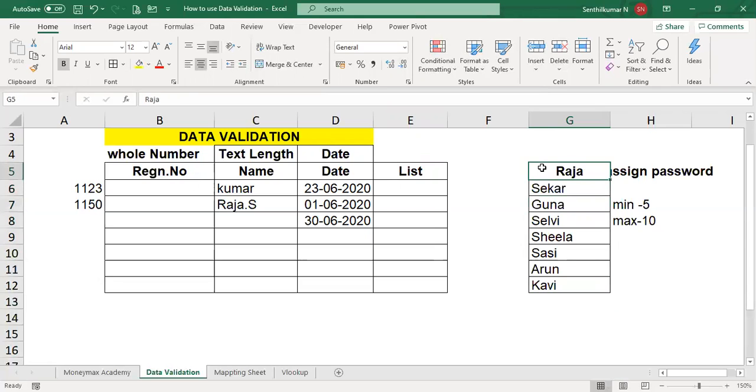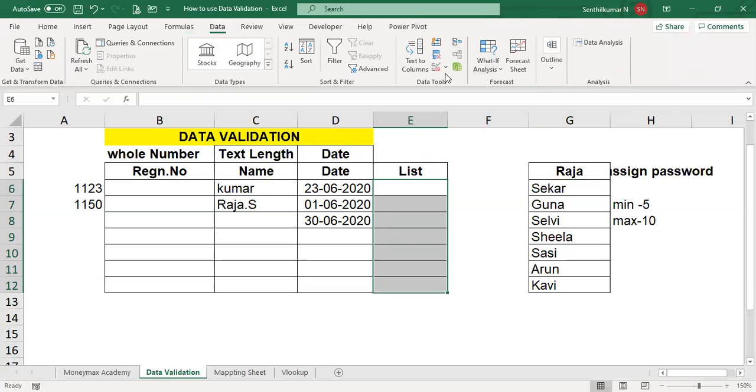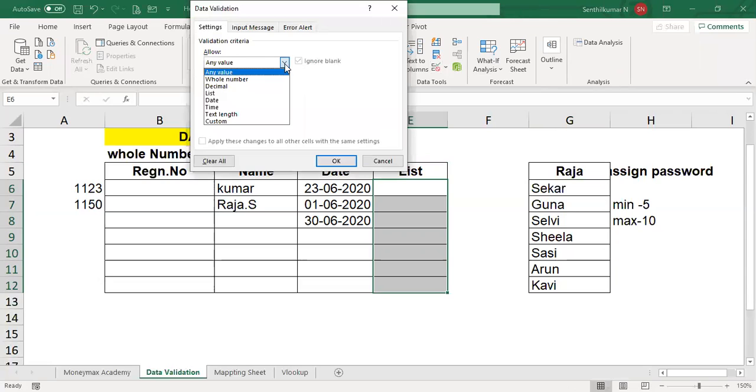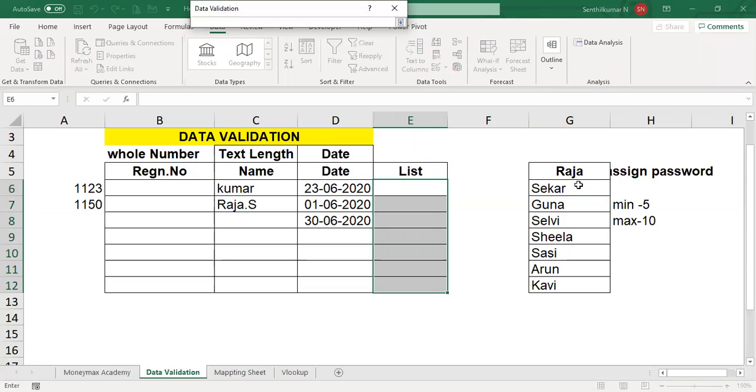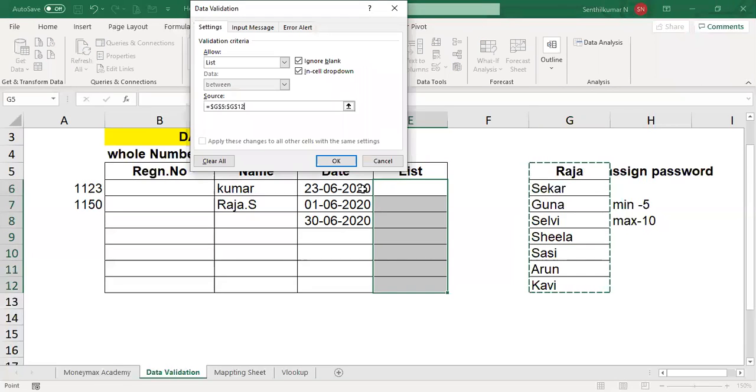You want to take the data for these people repeatedly. So what can you do? Select the data, go to the data menu, data validation, and instead of any value, select list. Where do you want to take the list from? You can select the data, press enter.